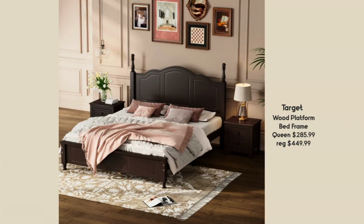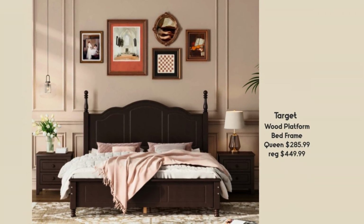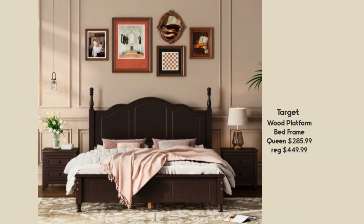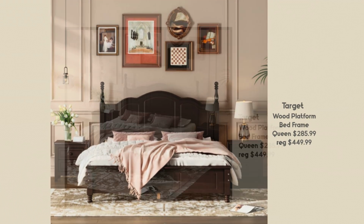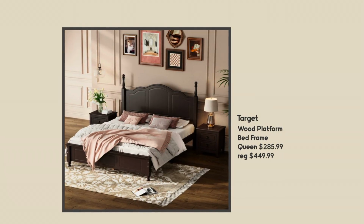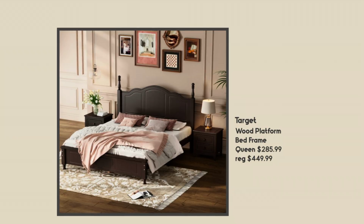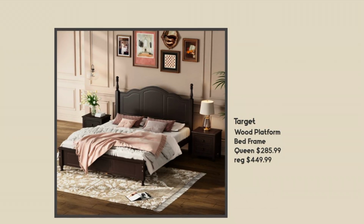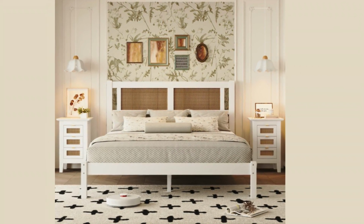I'm not sure why, but it also comes in white, and I will put a link for that also. But I thought this color, you know, it's so traditional, and if you already have woods this color, this one could squeeze right in. And yes, it is perfect for a guest room or your own bedroom. This entire wood and rattan bedroom set is